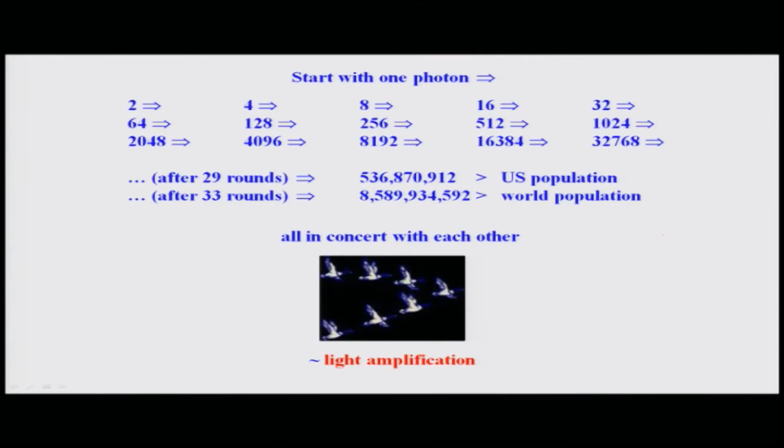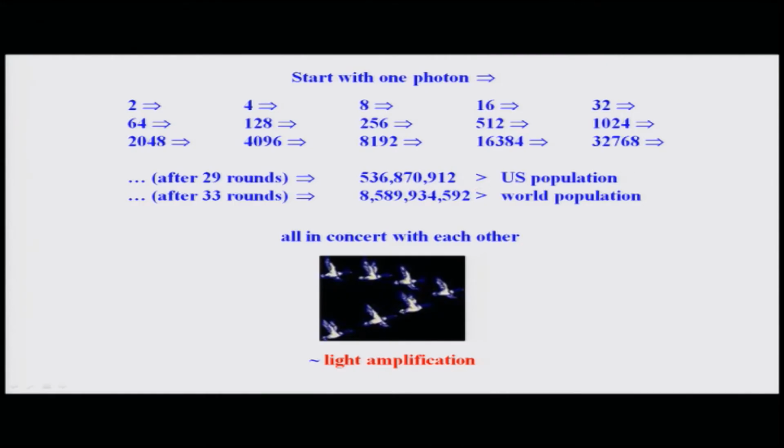So, if you want, you can actually do some number game here. You can start with one photon, which goes into two, and it just keeps on going in orders of magnitude higher. With every round trip the number amplifies, and within very few round trips, 1, 2, 3, 4, 5, 6 and so on, as you can see, it's orders of magnitude. The numbers keep going, and so roughly in 29 or 30 round trips it's some population